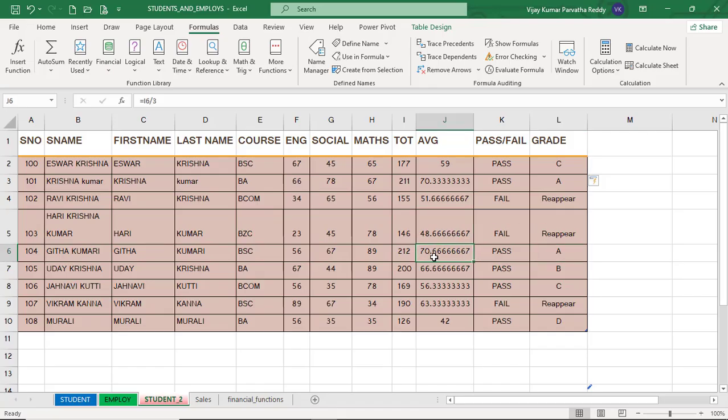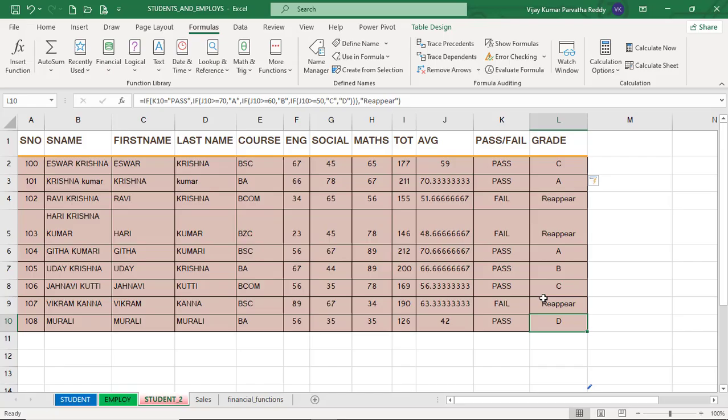And this is greater than 70, A, greater than 60, B, greater than 50, C. Even though this is greater than 60, he is fail, because in one subject, maths, he got 34. Fail, reappear. And he is pass, his average is 42, even though he is pass,